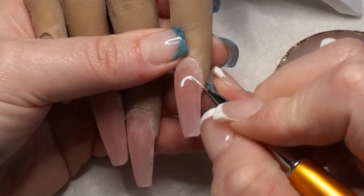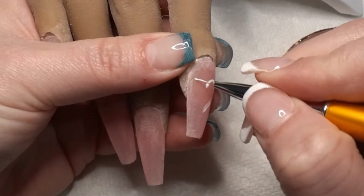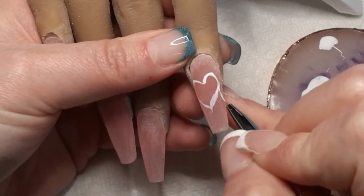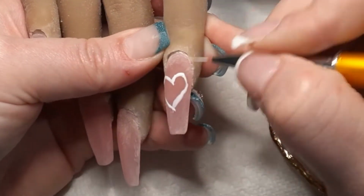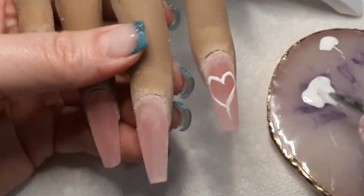Okay, so now I'm back with the nail art process. My original plan for my nail art for this set was to do hearts that look like they're splattered, like somebody splattered paint. And I'm going to have to look up the nail tutorial on that because I was not very successful in that. But then I thought, well,